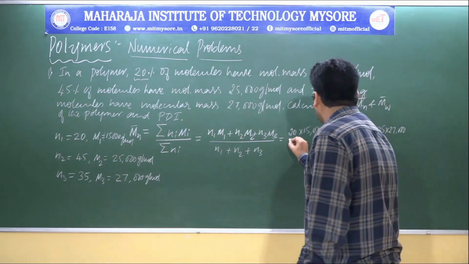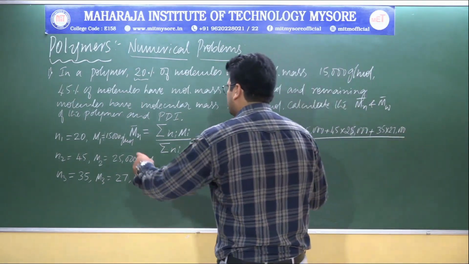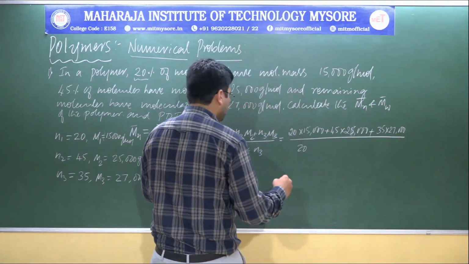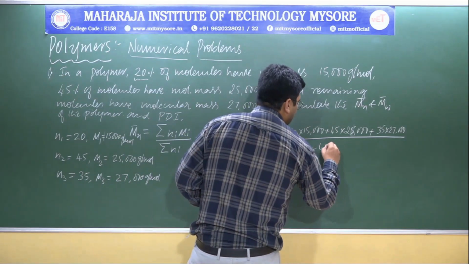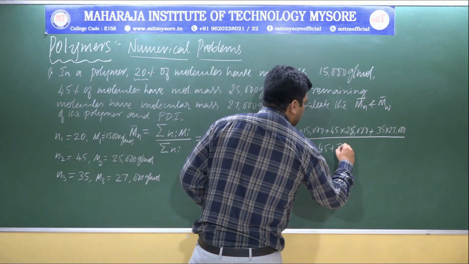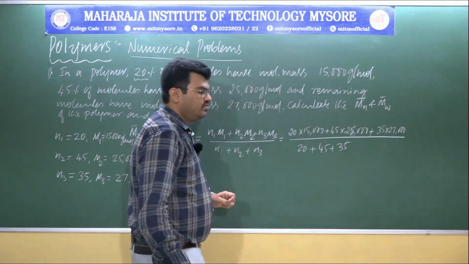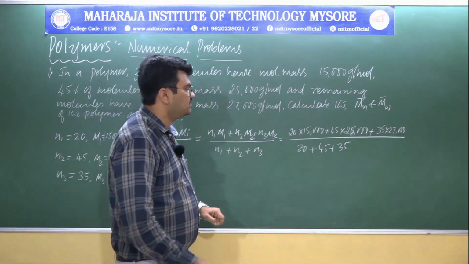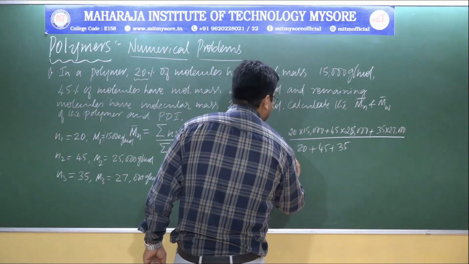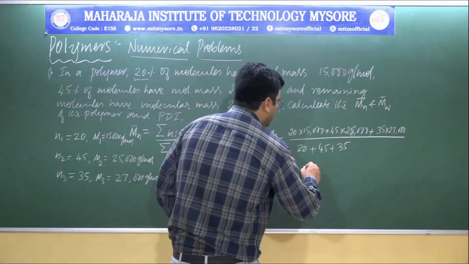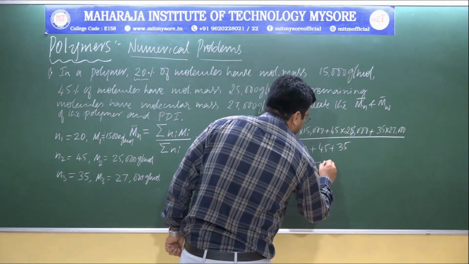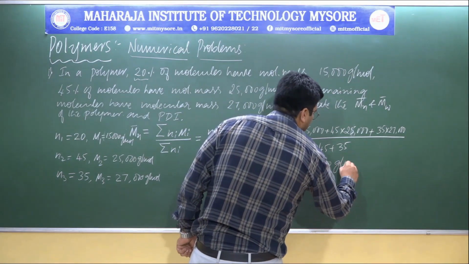So that divided by 20, N1 is 20, N2 is 45, N3 is 35. If you solve this, you are going to get the answer, and that answer is 23,700 gram per mole,